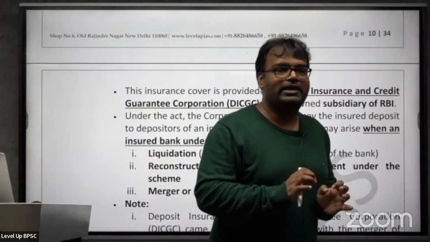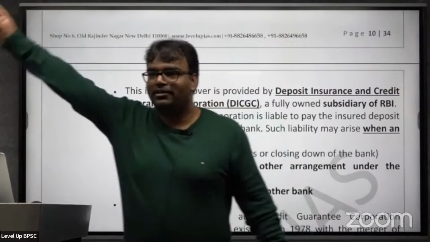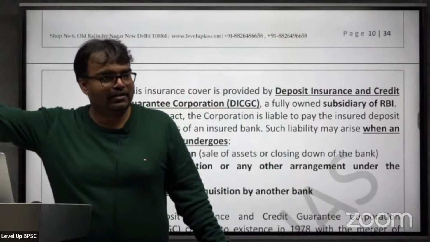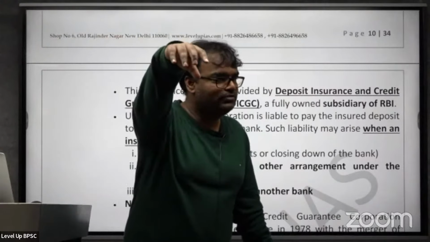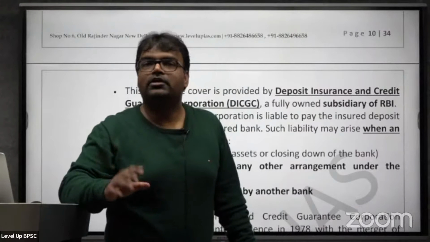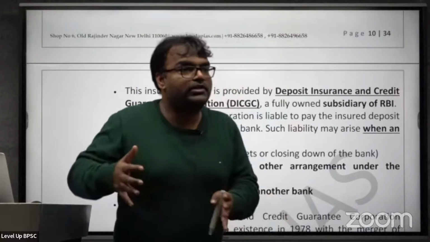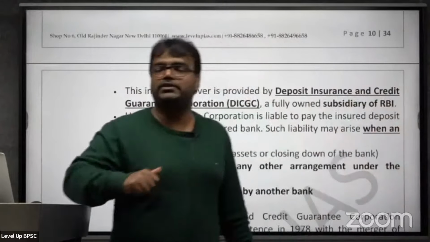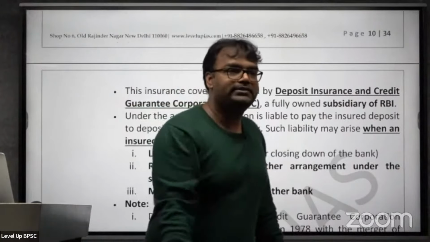When LIC provides you life insurance, then you monthly pay some premium. Only then, in case you die, your children would get, your parents would get the insurance cover, right? When you take accidental insurance, you pay some premium so that when an accident occurs, you'll be able to get accidental cover. The premium is paid by banks to